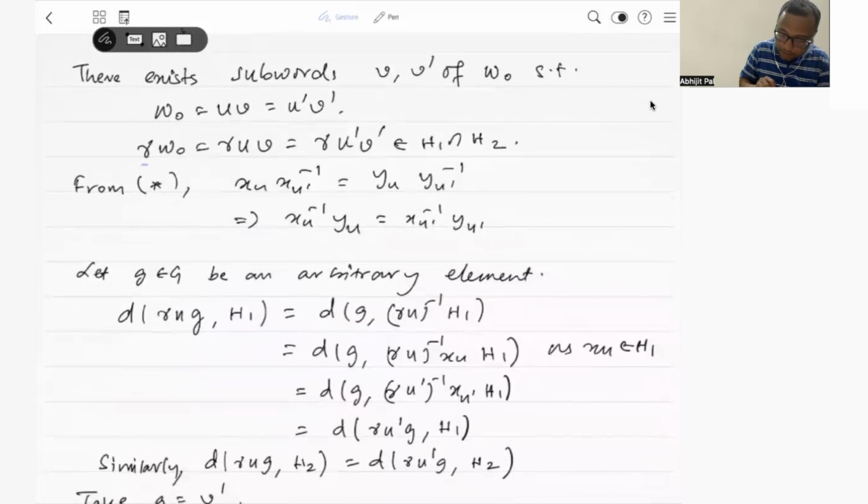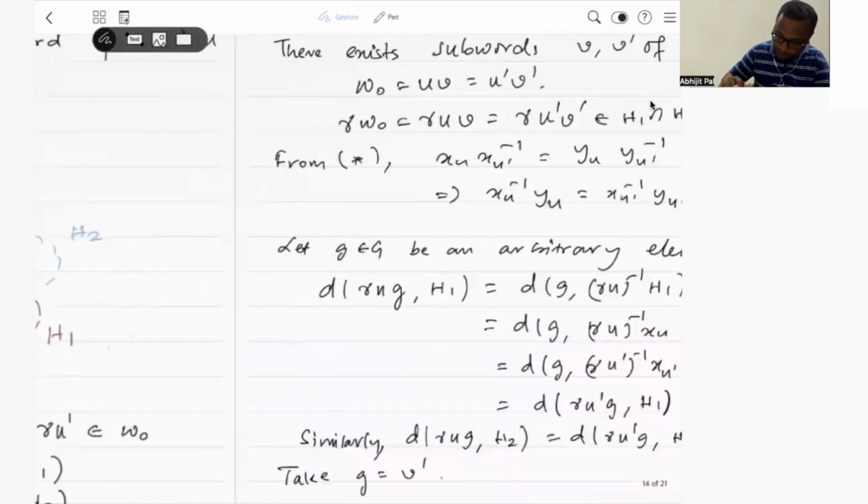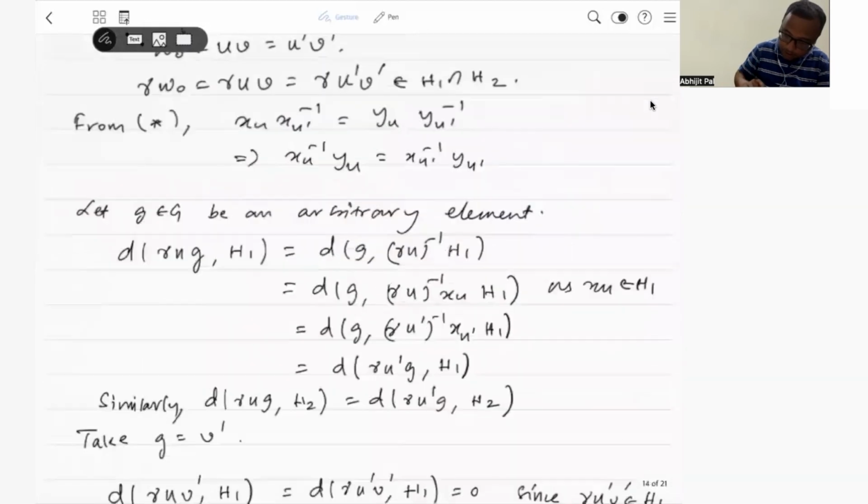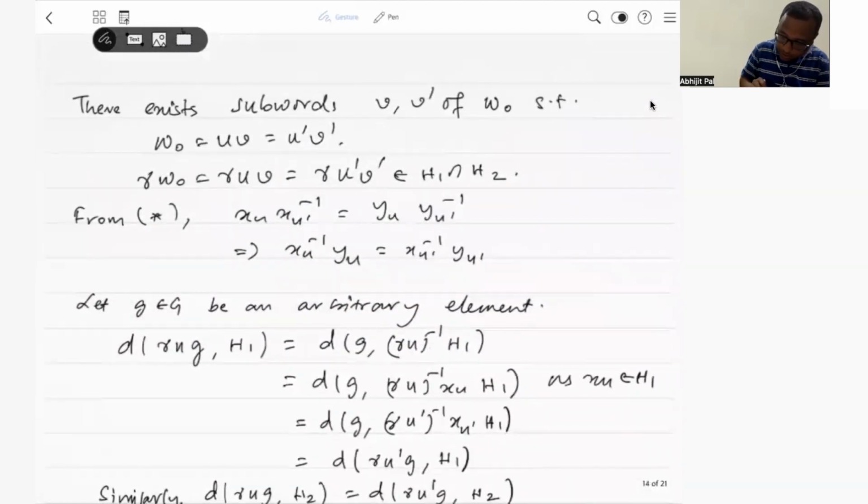Yeah. So this γW₀ is equal to γUV, equal to γU'V', which belongs to H1 intersection H2. Now observe that from this equation, xu'⁻¹ is equal to yu'⁻¹. So this will imply xu⁻¹yu is equal to xu'⁻¹yu'. So this tells that,